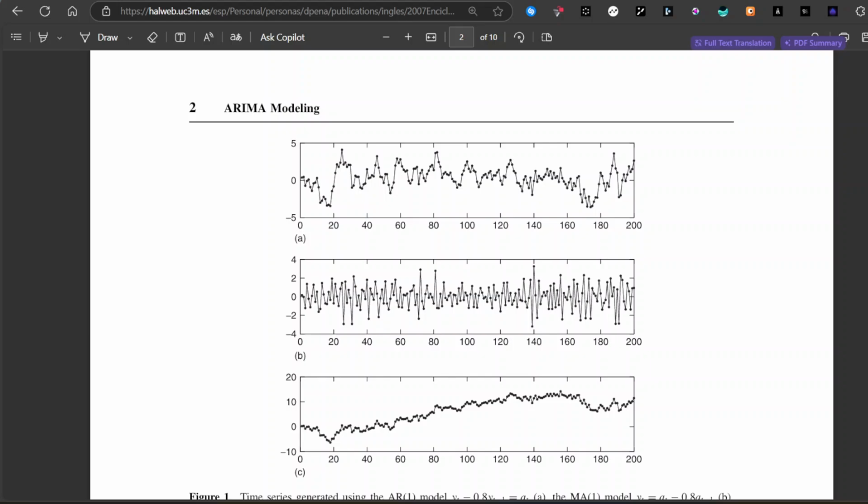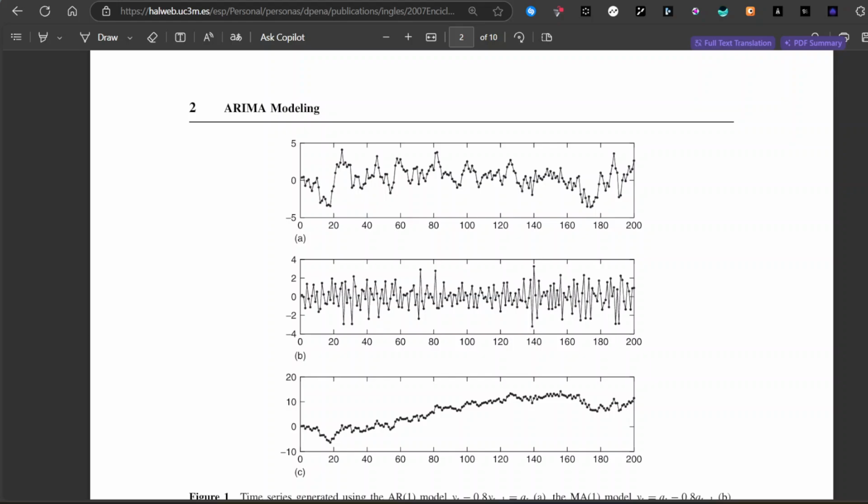Now in today's video, we're just going to be diving deep into autoregressive integrated moving average. It's a powerful statistical tool designed for forecasting market trends. So this video will essentially explore the essentials of autoregressive integrated moving average, often referred to as ARIMA. And we're going to be revealing how it can be used to decode complex time series data for sharper